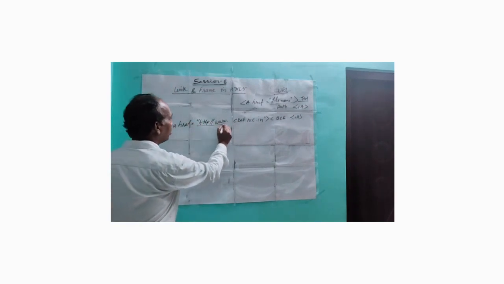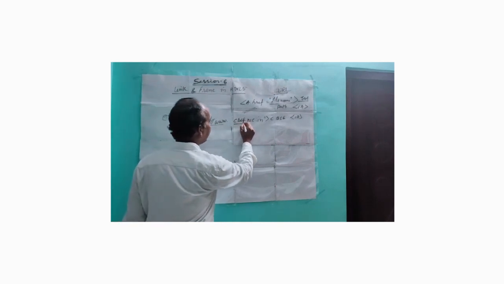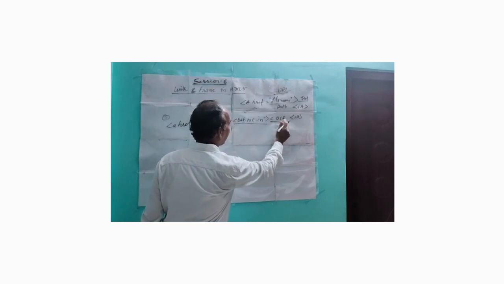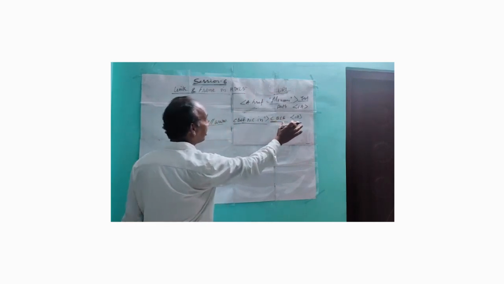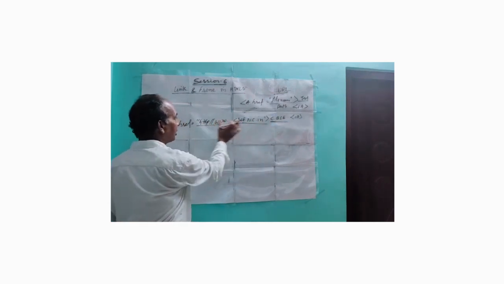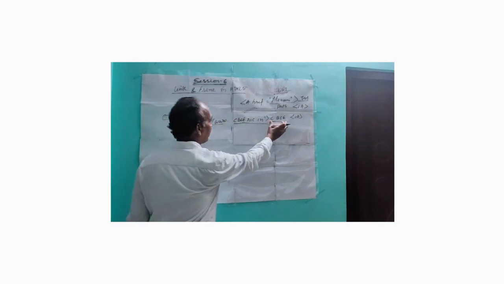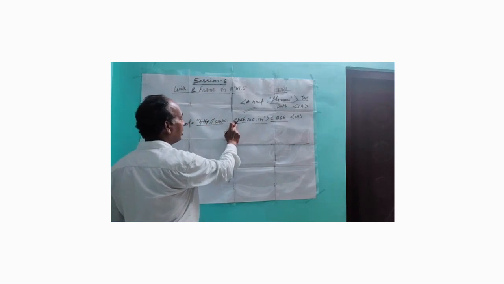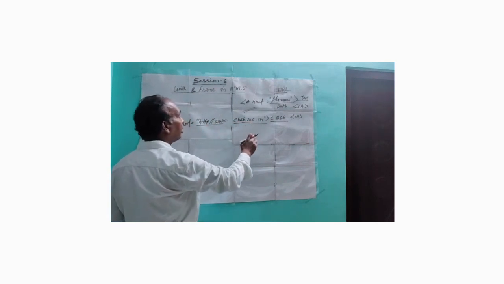http www, this is the website name, cbse.nic.in. So whatever you write here is the text, and only this part will appear in the web browser, not this part. This part is hidden. Only this part will appear. If you click it here, then the www.cbse.nic.in web page will open in your computer.